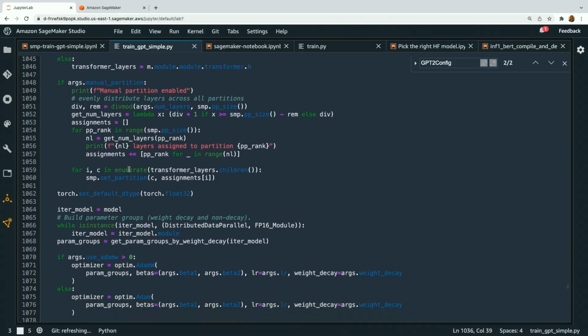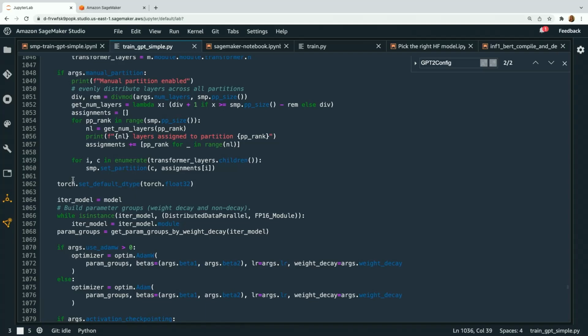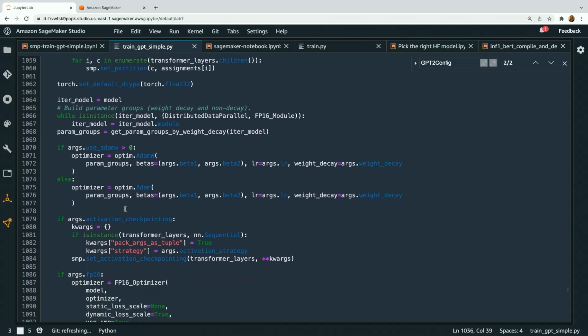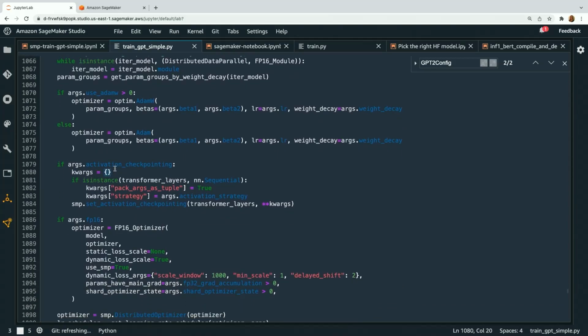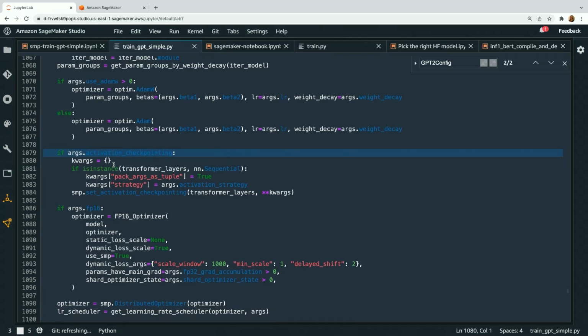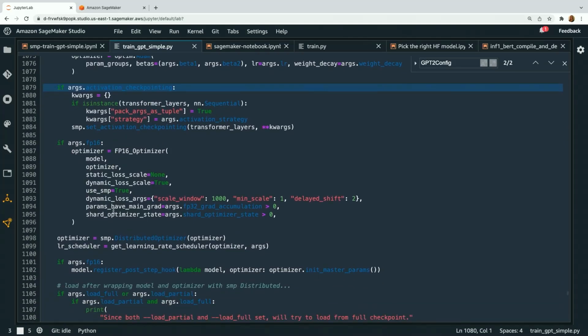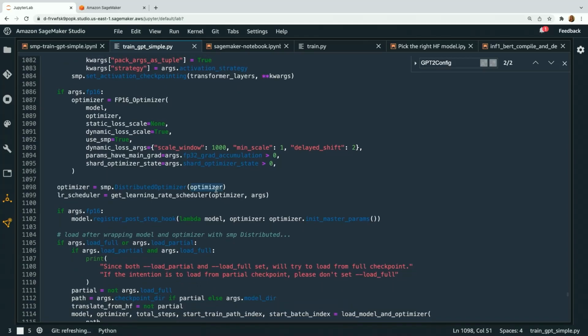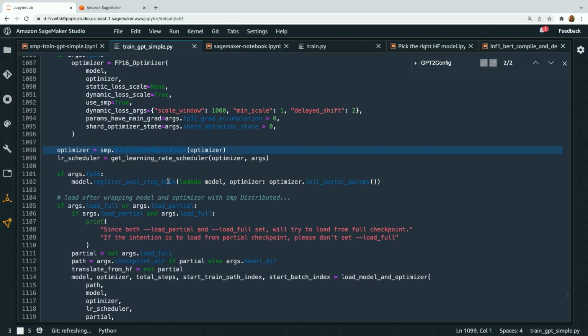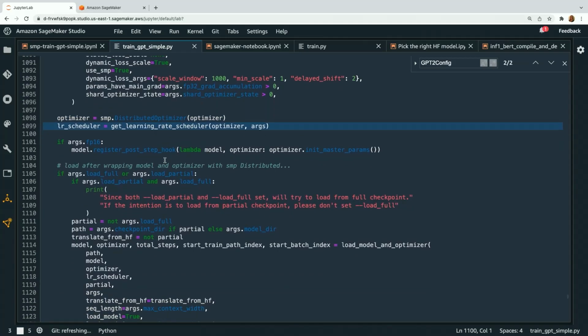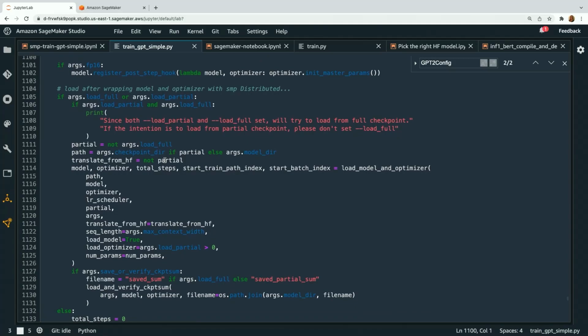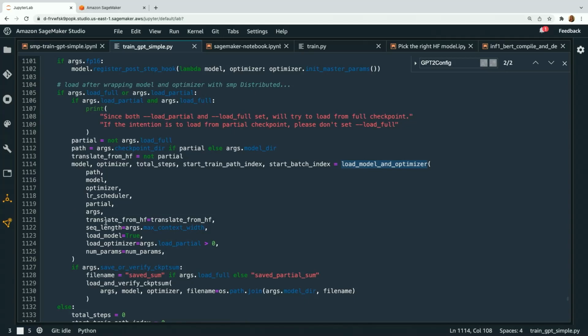And then we'll go a little bit further down. And so we'll keep determining, so we're setting our optimizer here, turning on activation checkpointing, all of which, again, beautifully documented. And then we've got our optimizer determined here, and then we're going to load the optimizer as well into that model parallel. So again, SMP.DistributedOptimizer will load that optimizer in here, define our learning rate schedule, and then we'll load those in. So we've got our function, load model and optimizer, and then essentially we're going to define all these pieces